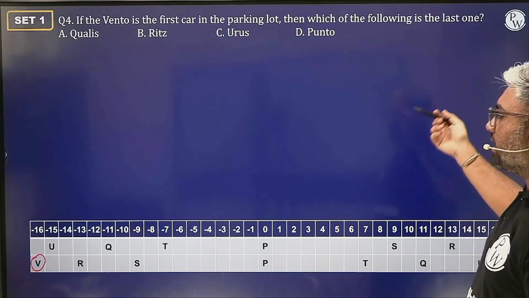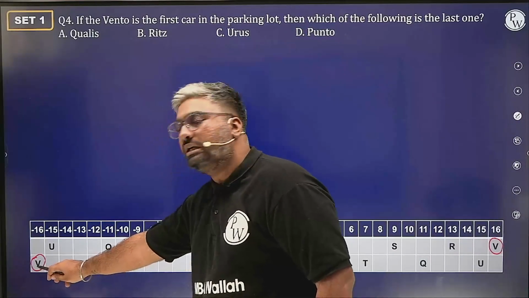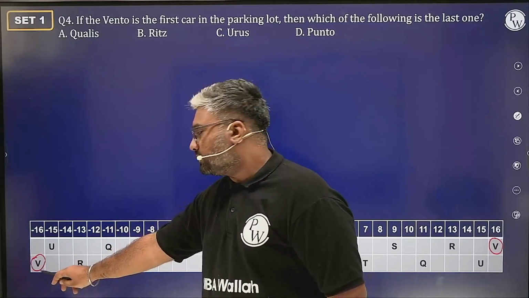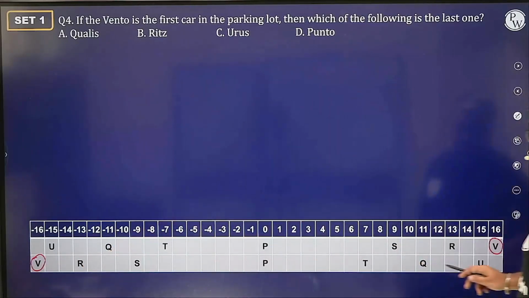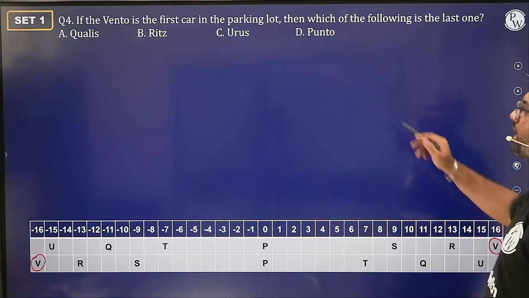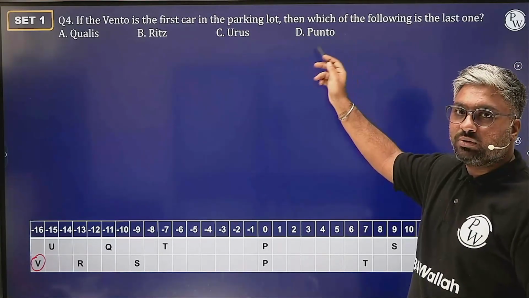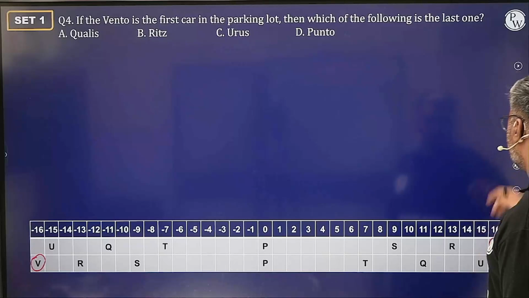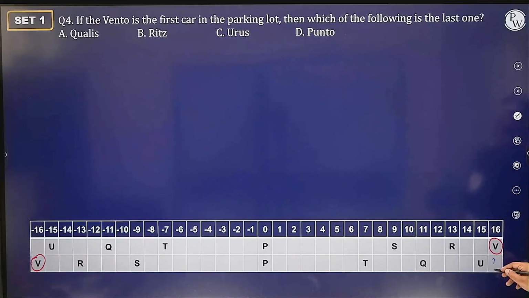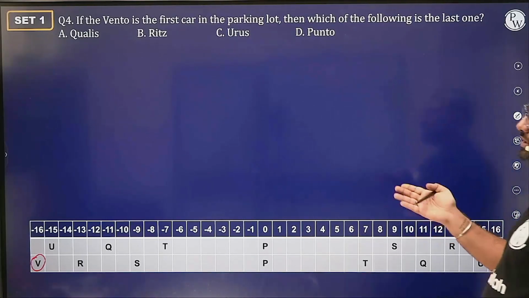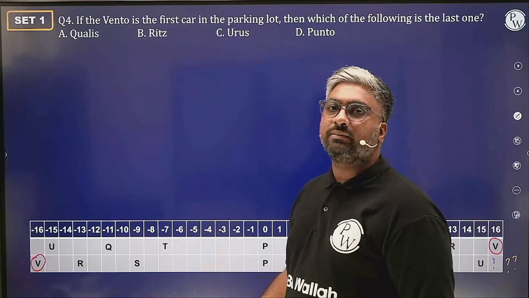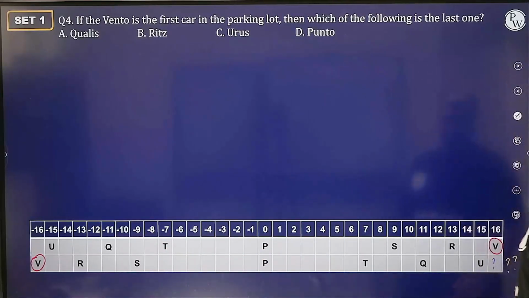तो ये पूछ रहे हैं कि आखिरी कार कौन सी होगी। अगर ये वेंटो, ये वाली वेंटो यहाँ पे सेकेंड केस में अगर ये पहली कार है तो लास्ट कार हमारी कौन सी होगी, यूरुस होगी, क्योंकि यहाँ पे कैनॉट बी डिटर्मिन नहीं है, वरना आप बोल सकते हो कि हमें क्या पता सर यहाँ पे कौन सी कार आएगी। 16 + 15, 32 ही स्लॉट्स हैं, किसे पता, राइट, वो तो नहीं दिया। सो यहाँ पे कोई भी हो